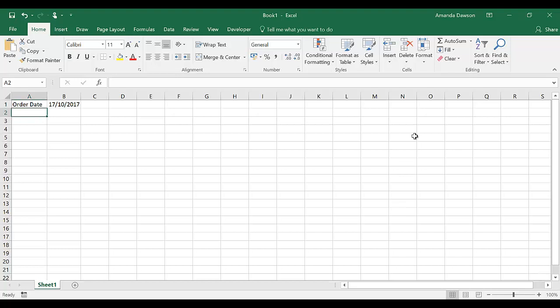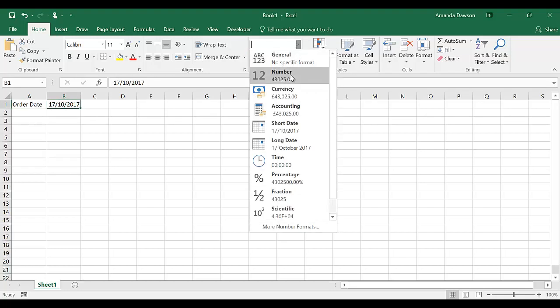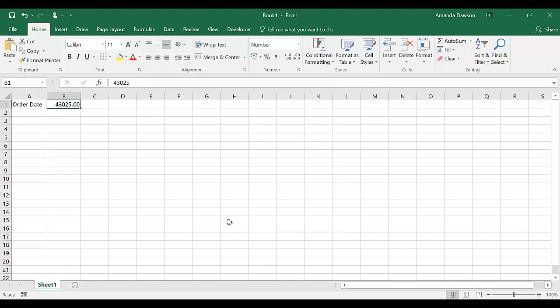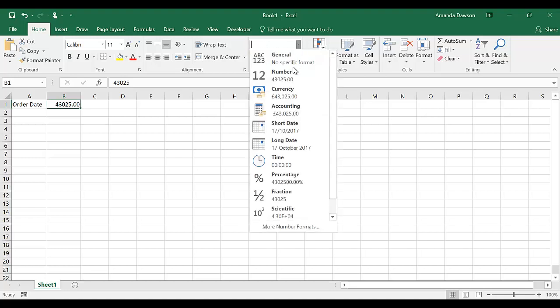To allow us to add, subtract and compare dates, Excel stores dates as serial numbers. The first one began on the 1st of January 1900 and every day since increases by 1. If we go back to the date we've entered in B1 and change the format to a number format, you can see that it's 43,025 days since the 1st of January 1900. Changing back to the short date format,